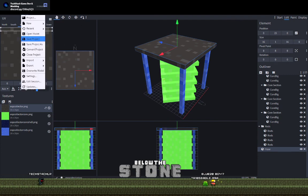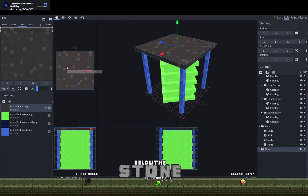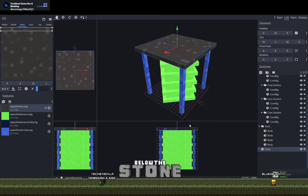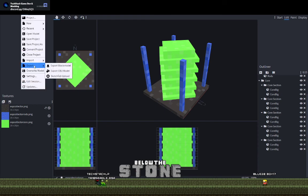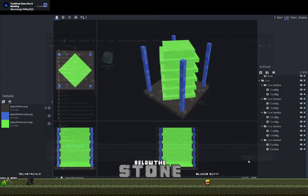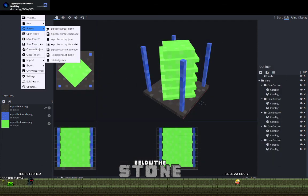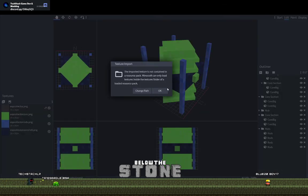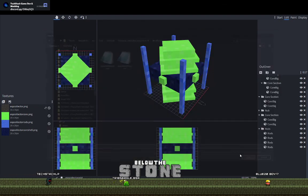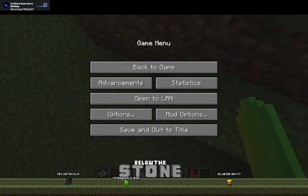Save project. Okay, so now I need to export this to a block model. And XP collector top.json. Okay, and then recent base. Export. Okay, that's XP collector base and the mid. Export block model. Save. Okay. So now if I go to that folder,